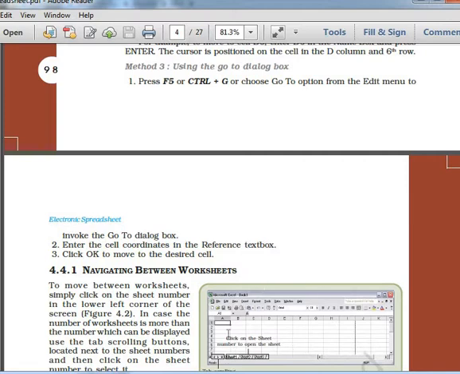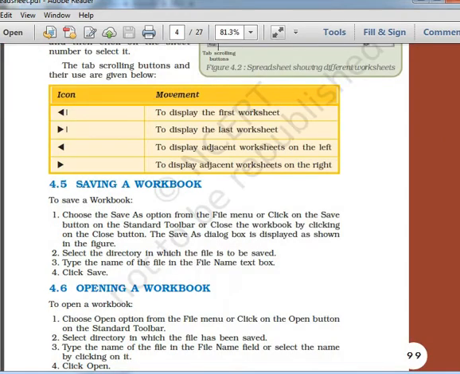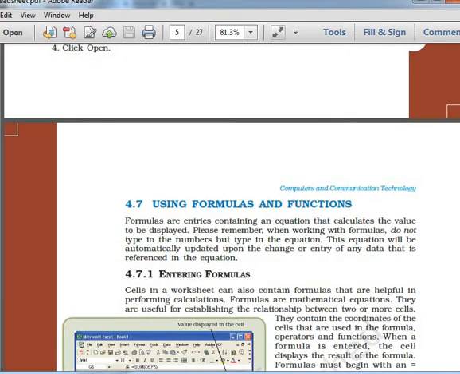A set of worksheets in a file is known as a workbook. Then saving the workbook: going to the file menu and clicking on save saves the workbook. Then opening it, you can open a file by going to the file menu and clicking open, or you can select the file from the explorer.